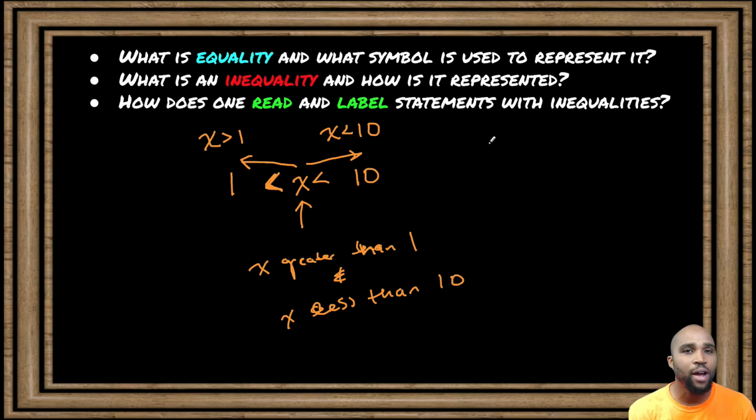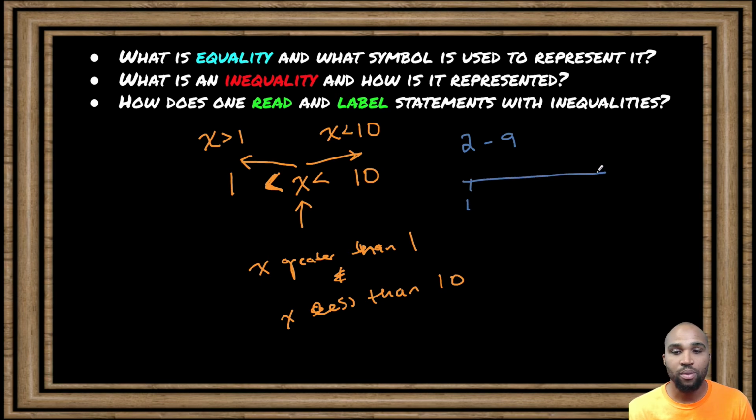What value for x would satisfy this inequality? An x value that's greater than 1 and less than 10? Well, that could be any number, right? Between 2 and let's say 9, or anything all the way up into 10, like 9.9, or anything greater than 1, like 1.2. So all those numbers in between, if I had a number line,